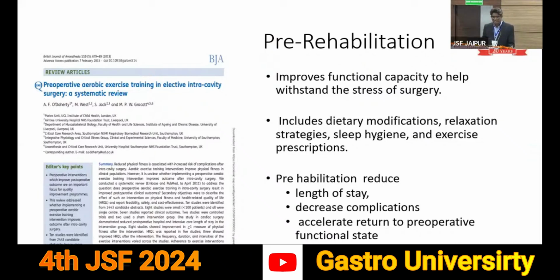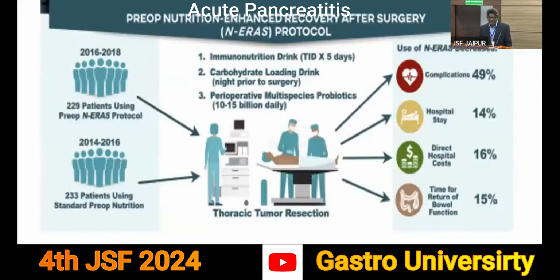So let's see what the literature says regarding preoperative aerobic exercises before elective cavity surgery. Aerobic exercises give a precondition to treat the stress responses and improve functional capacity to help withstand the stress of surgery. It includes dietary modification, relaxation strategies, sleep hygiene, and exercise prescription. In this review article, they concluded that rehabilitation decreases length of stay and complications and accelerates return to preoperative function. Another type is nutritional enhanced recovery rehabilitation and immunonutrition drinks